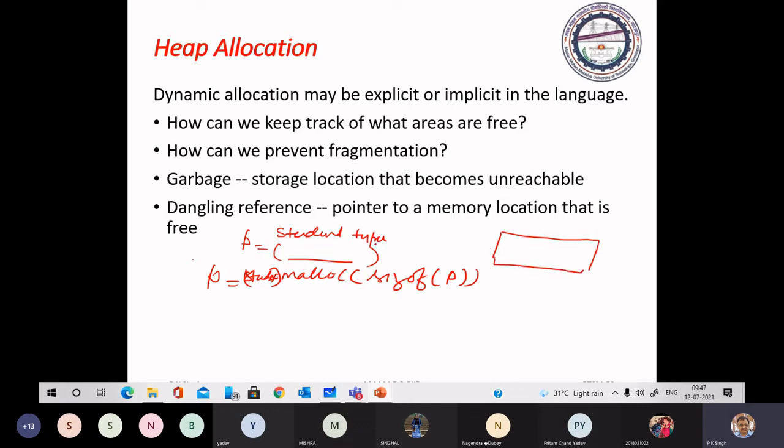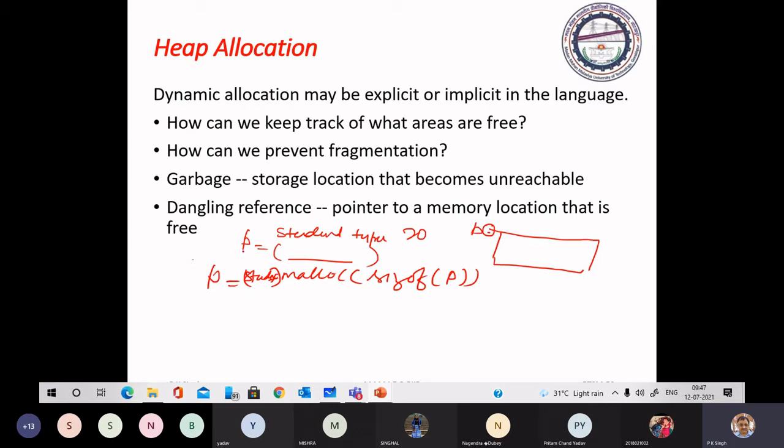Suppose student information can be stored in 20 bytes. So 20 bytes are allocated. It must have some reference. This reference is assigned to P. P has this reference.